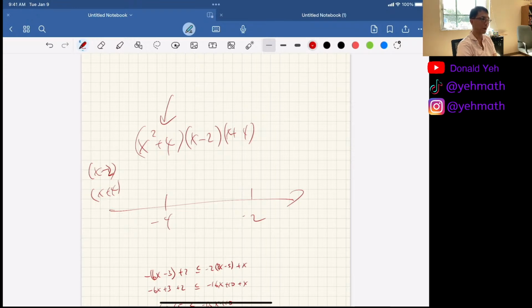Because if you square root both sides, you're going to get positive and negative. Yeah, and I forgot to take into account the negative. It's not about square root, but